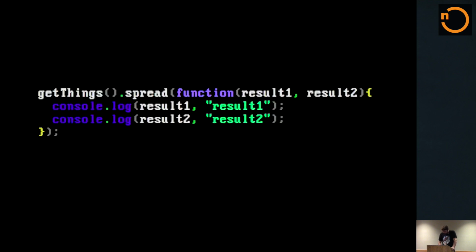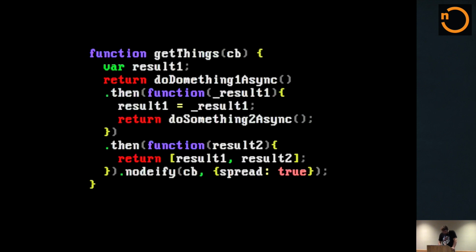Okay, so we also want to maintain backward compatibility, right? So obviously we're going to do notify, but now I've passed in a second parameter to notify, and that's an options object. This is actually a very new feature in Bluebird, so if you haven't used Bluebird in a while, you may not be familiar. Basically you can pass in an options object to notify. In this case, I'm using the option spread as true.